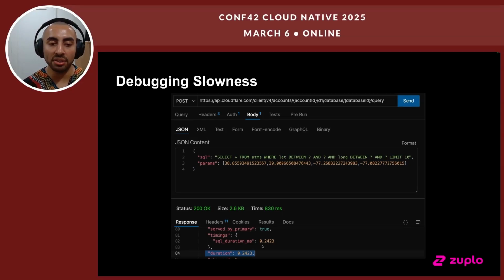What's nice about Cloudflare D1 is that they actually send you back this property called duration, where they tell you exactly how long the query took to execute. And in this case, it took 0.24. And that's actually, I think, in seconds, or maybe that's in milliseconds. So it took 0.24 milliseconds to execute that query. So pretty much all of this was from